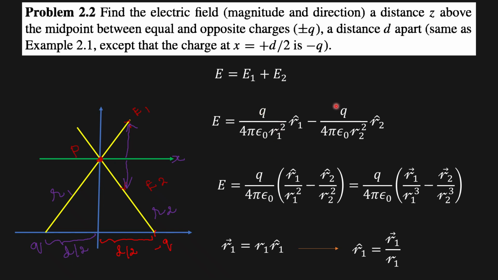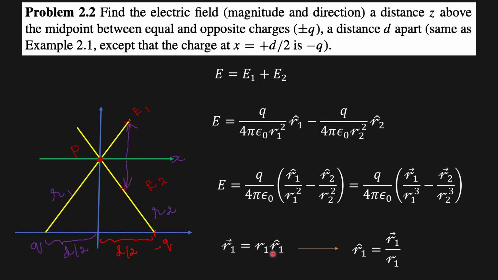Then the remaining term is r1 cap over script r1 squared minus r2 cap over script r2 squared. Then by definition, the vector script r1, you can see this arrow, along the r1 direction, script r1 is equal to the magnitude script r1 multiplied by the unit vector,